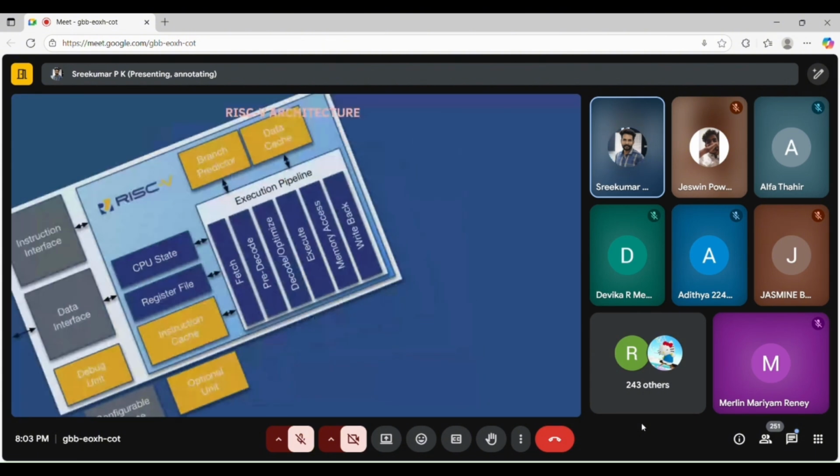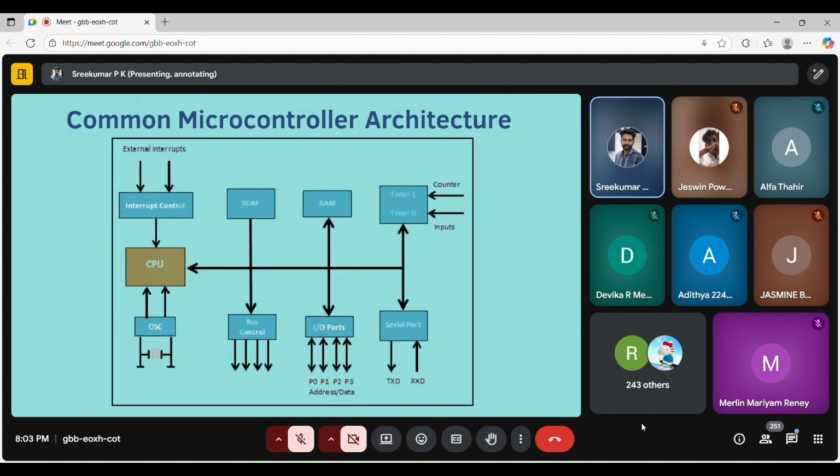Moving to the next slide. So yeah, we have reached the microcontroller architecture. As I said, a microcontroller is a chip which incorporates everything. Incorporating everything does not mean everything in the world, but incorporating the essential things in order to make the chip compact. So there is a CPU. In a common microcontroller architecture, you can see one CPU that can be ARM, that can be RISC-V, DSP, VLIW, or Infineon Tricore.